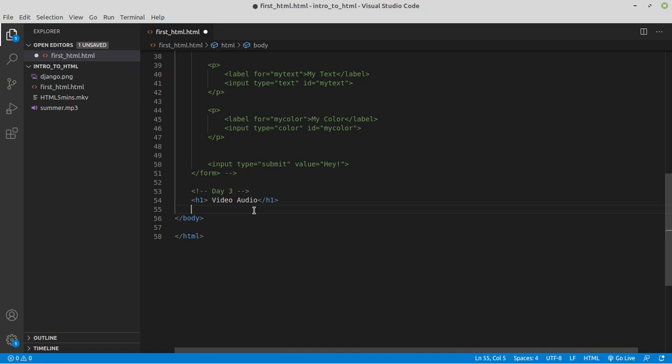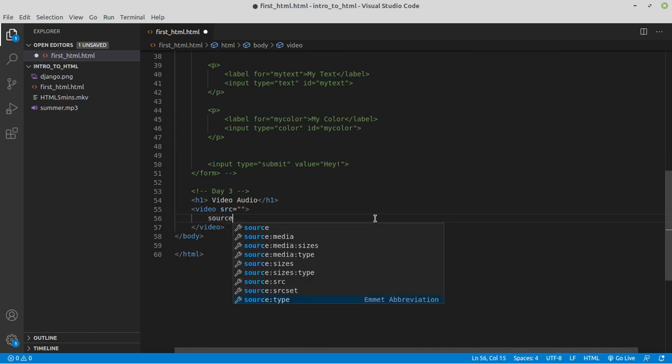To insert video, it's obvious, you use a video tag. But in a video tag you get this src option. You may use it or you may not use it. Usually people have 2 or more video sources, so if one does not work, the other one will be used. So we generally use this source tag